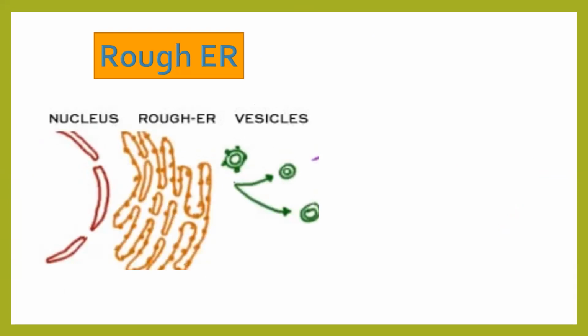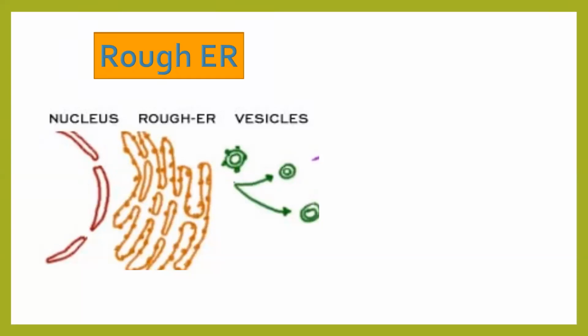Now, here you need to understand something very, very clearly. Now, looking into this diagram, on the left side, the red color thing which is given to you is nothing but two membranes of nucleus. So I can say that's nothing but nuclear envelope. The second orangish color which you are able to see is nothing but your rough endoplasmic reticulum. And the third thing which you are able to see, there are small sac-like structure which are moving out. So what is exactly happening? Let's study them one by one.